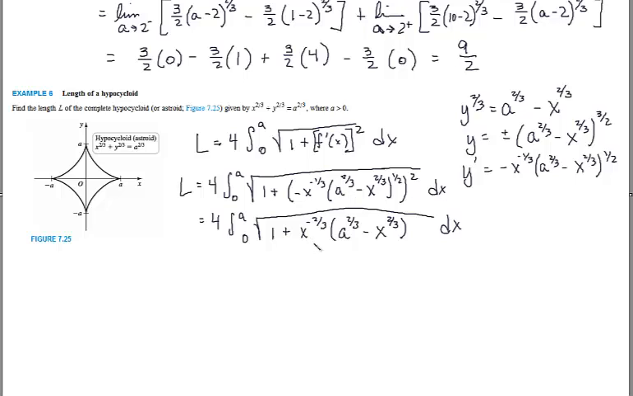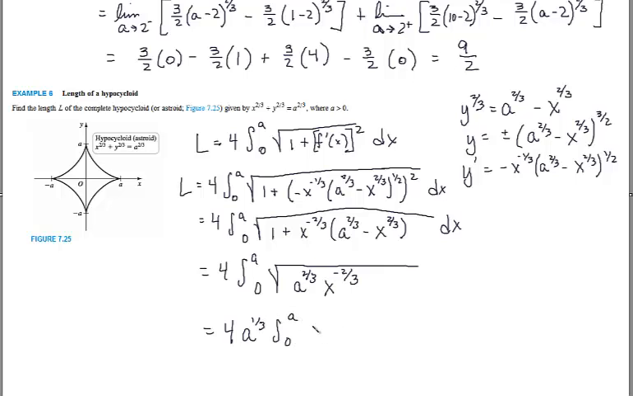Okay, I wasn't really excited about this, but now I'm going to distribute, and it looks like that x is going to be to the 0 power, which means that'll be a 1, and I'll have a 1 minus 1, so I'm just going to have this square root of a to the 2/3 x to the negative 2/3, and messing around with that, this a to the 2/3 can come out. It's just a constant, so you're going to get 4a to the 1/3 times the integral from 0 to a, and then this is just going to be x to the minus 1/3